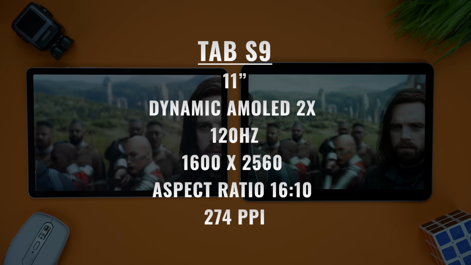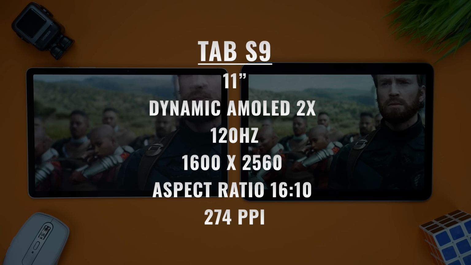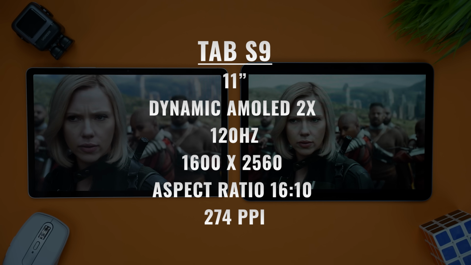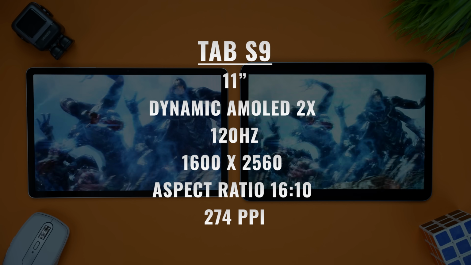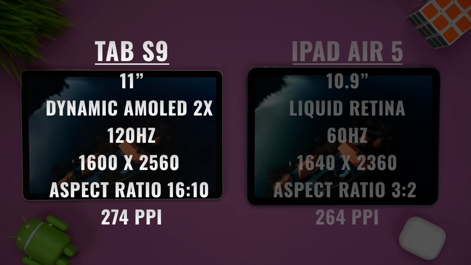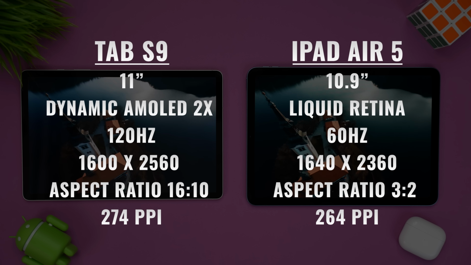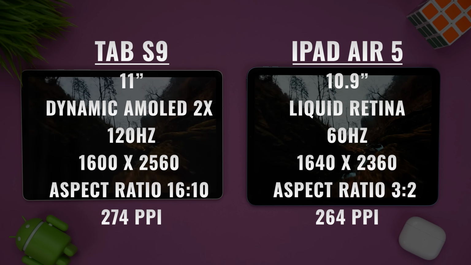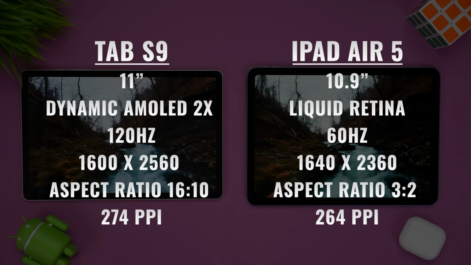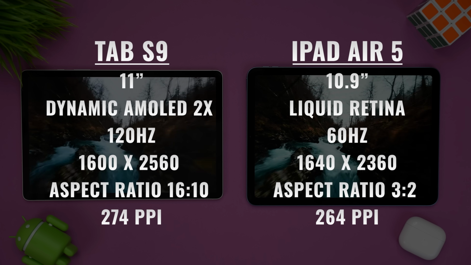The Tab S9 has an 11-inch Dynamic AMOLED 2X display, which offers 120Hz adaptive refresh rate, a resolution of 1600 by 2560, and a pixel density of 274 pixels per inch. The iPad Air 5 has a slightly smaller 10.9-inch 60Hz P3 display with a resolution of 1640 by 2360 and 264 pixels per inch. And when we compare 11 inches to 10.9 inches, we're not talking about a significant difference,